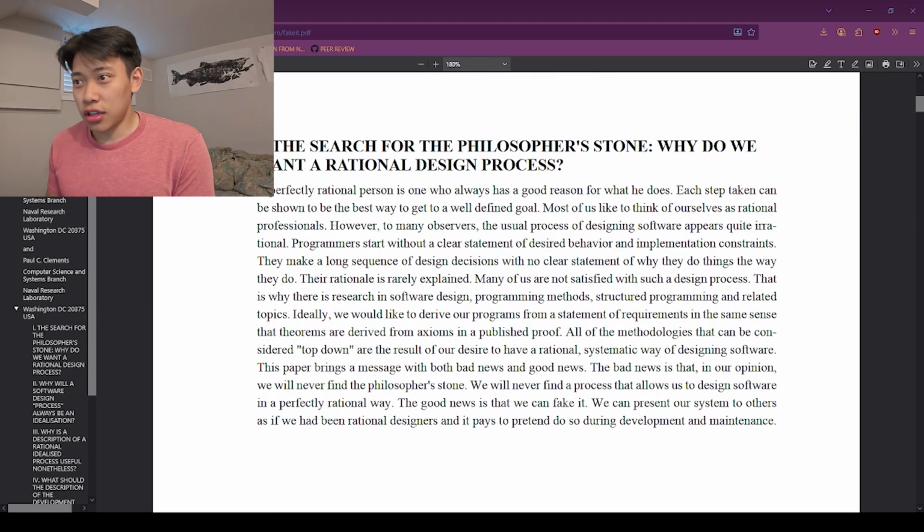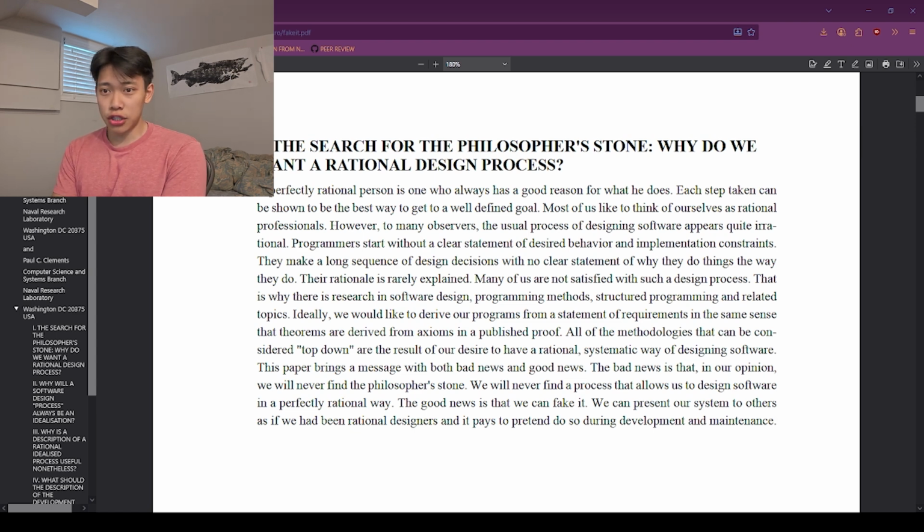In search for the philosopher's stone, why do we want a rational design process? A perfectly rational person is one who always has a good reason for what he does. Each step taken can be shown to be the best way to get a well-defined goal. Most of us like to think of ourselves as rational professionals. However,